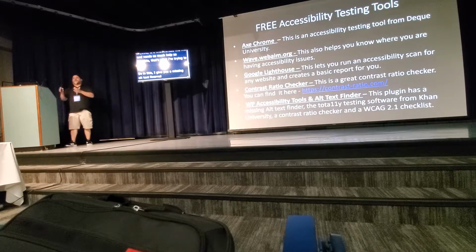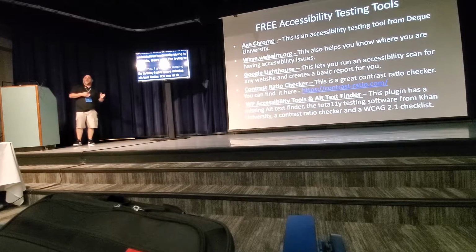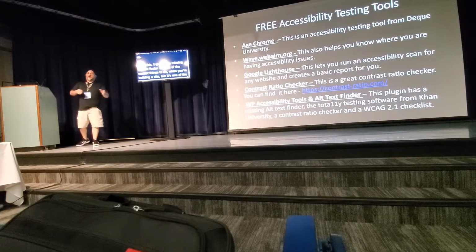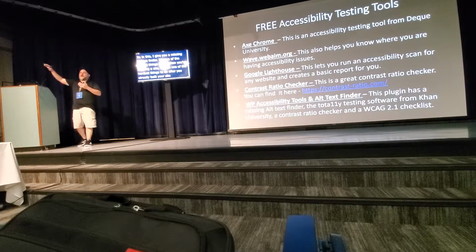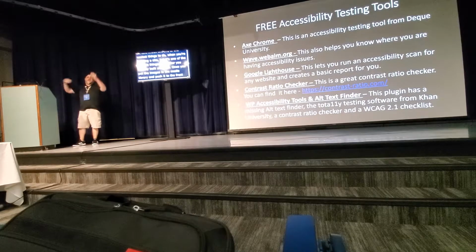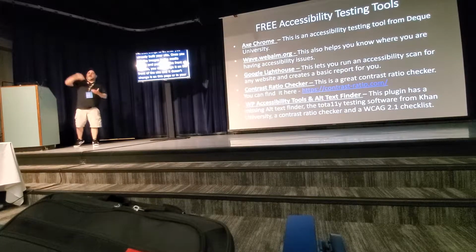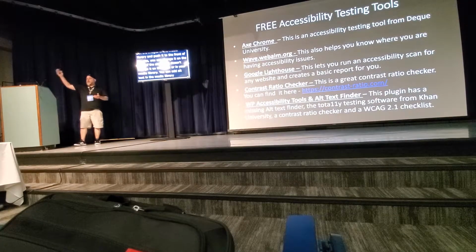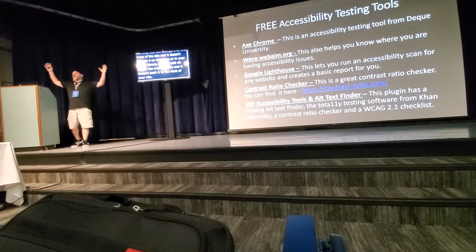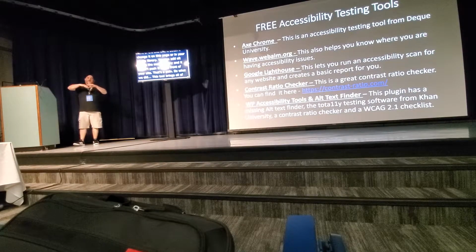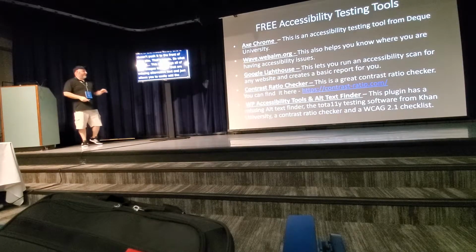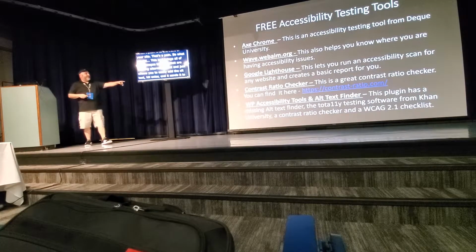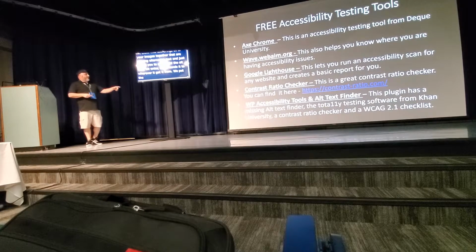Adding alt text is one of the easiest things to do as you're building a site, but it's actually one of the harder things to do after you've already built your site. Because we all know once your image is in your media library and you push it to the front of your site, you can change it on the front of your site and it won't change it in your media library. You can add alt text in your media library and it doesn't push it to the front of your site. That's a pain. So this tool brings all of your images that are missing alternative text together and just allows you to easily add the alt text, hit enter, and it sends it to wherever it got it from. We put the accessibility testing software from the Con University in there,